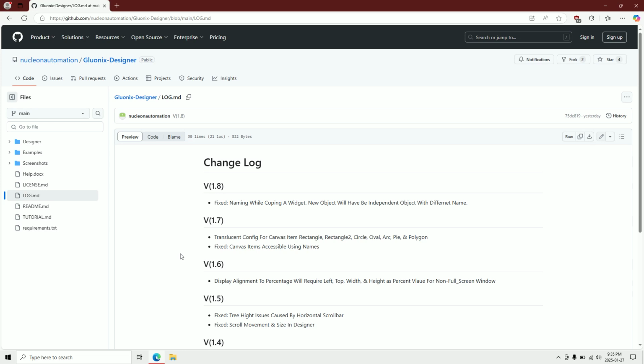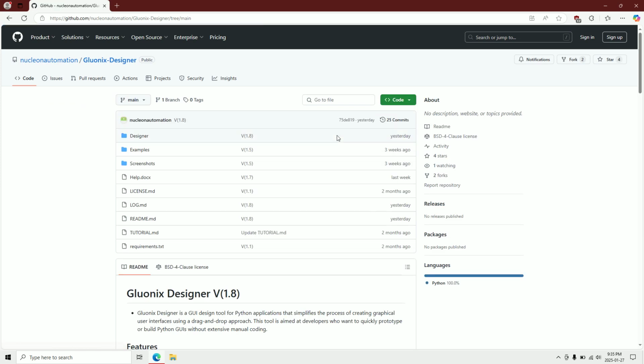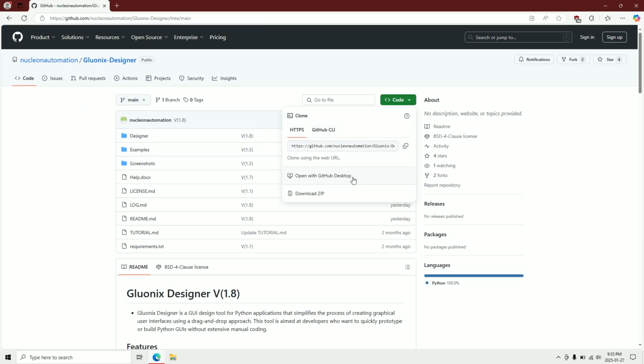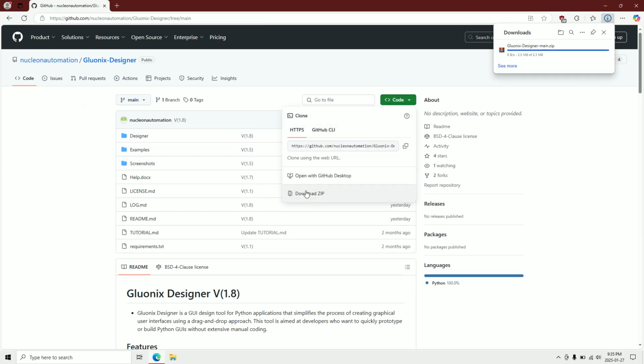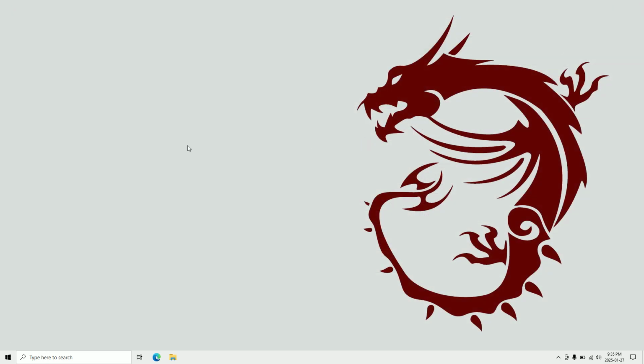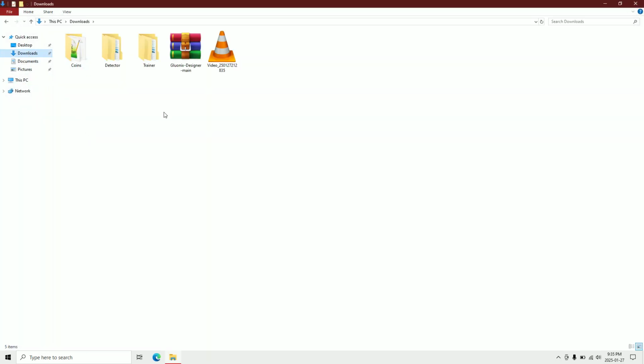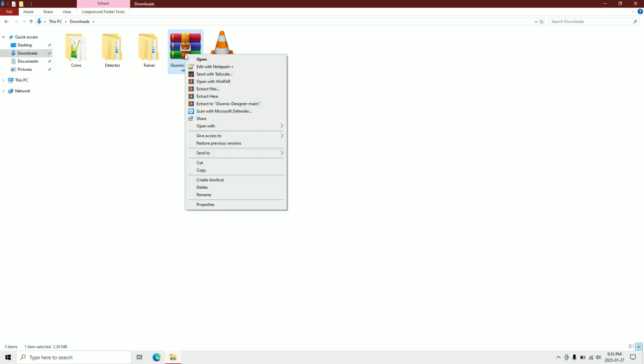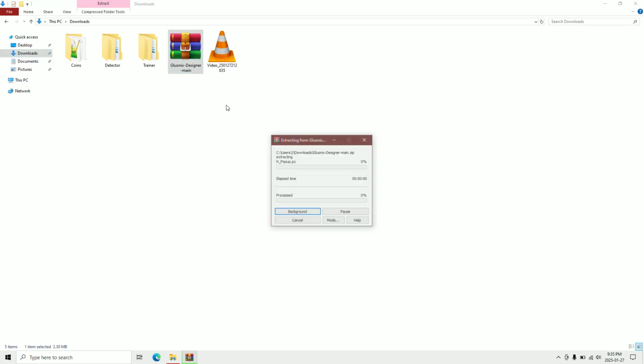Let's clone the repo and start from there. So you can just go to code and download zip, or you can get clone from your command or bash. I'm gonna close the browser now and let's set to download folder. So as you can see in my download folder, there's a Gluonix Designer, so I'm going to extract it to a new folder,